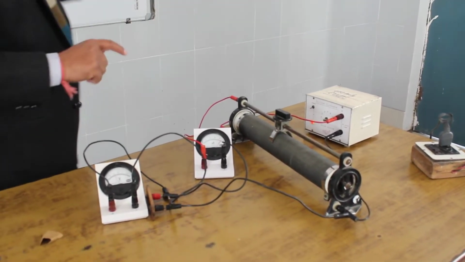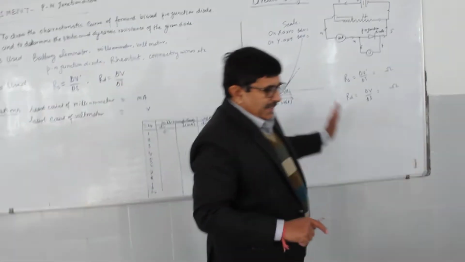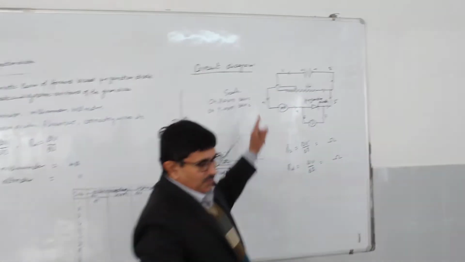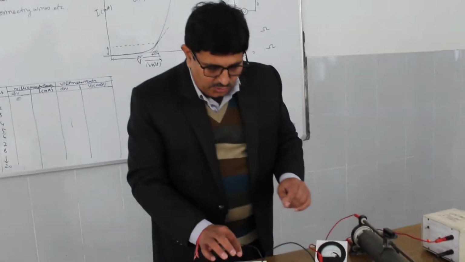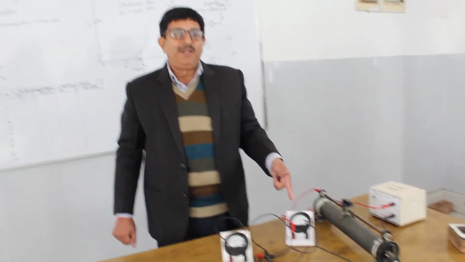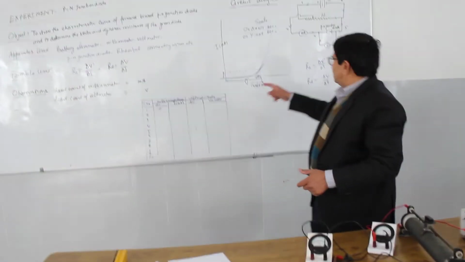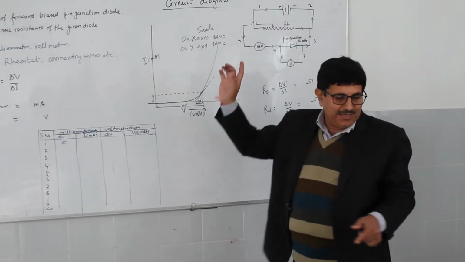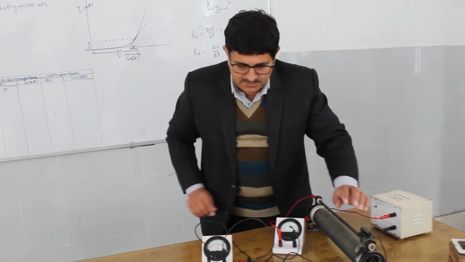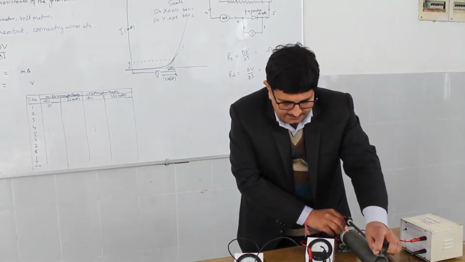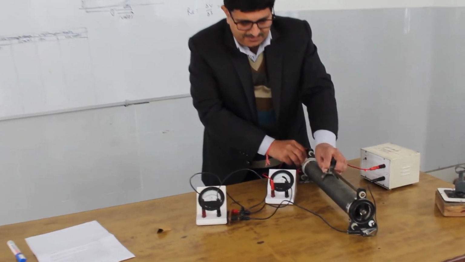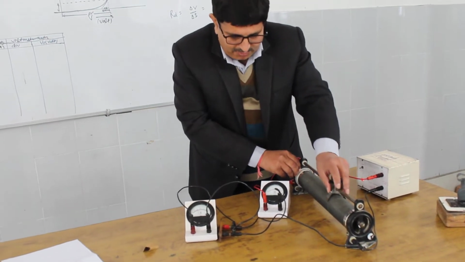The voltmeter is stable now, and the milliammeter reaches its maximum value, that is, it is shooting. A very small variation in the voltmeter division will lead to a very large variation in the milliammeter. So you will have a rising curve in the forward bias characteristic. I reduce the value to 0, and then I increase slowly. Like this, you are getting the variation. This is stable, and this is going to the maximum value. I may repeat it once more.